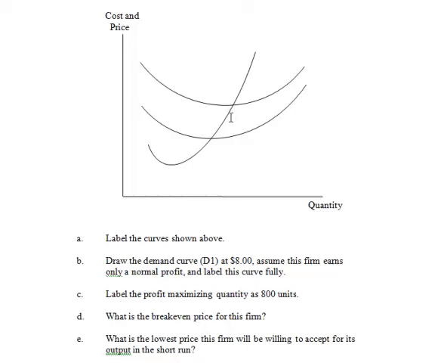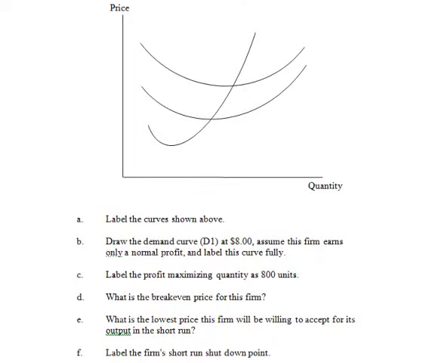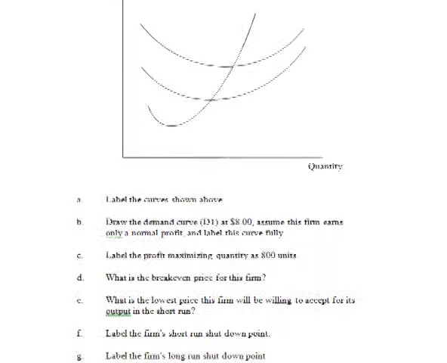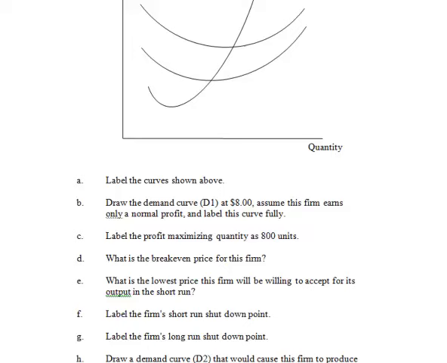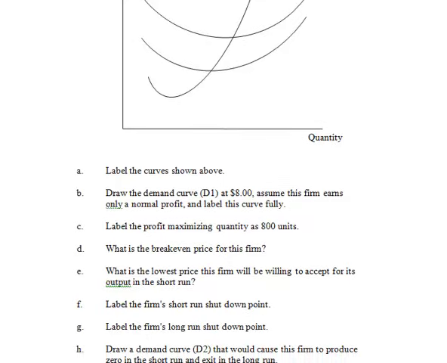So if I was looking on this graph, I would say, okay, if this is $8, then down here must be about, I don't know, $5, $6. So again, the lowest price is when the price equals the average variable cost. Okay, label the firm shutdown point, the short run shutdown point. I'm going to skip F and G, and then the last question here is, draw a demand curve, we'll call it D2,